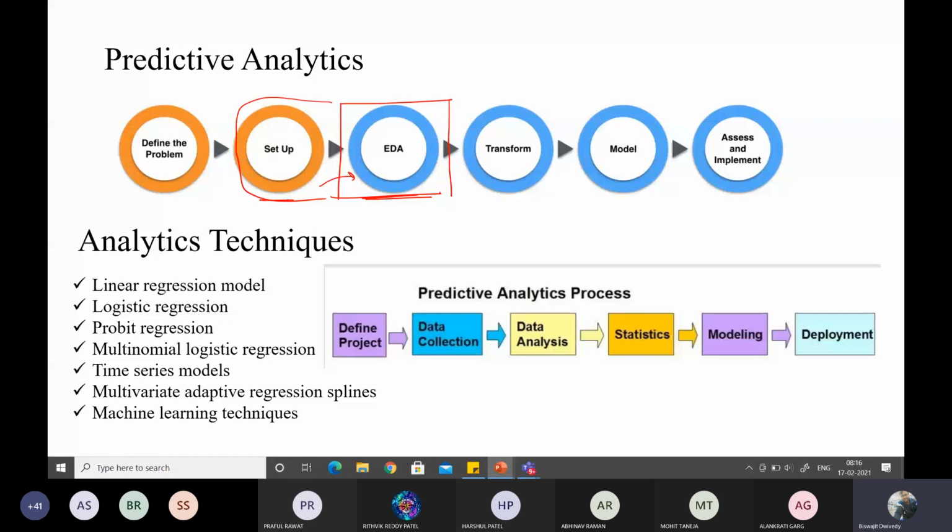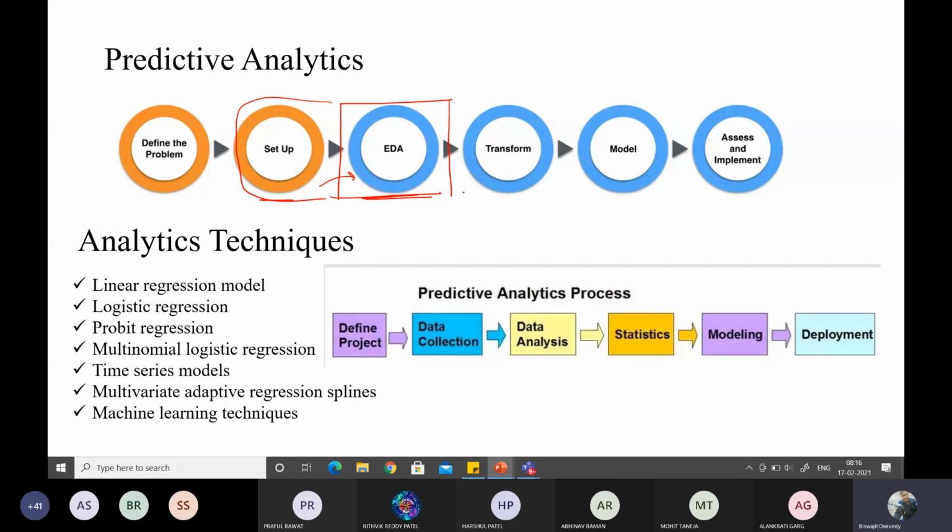After that, we will be cleaning the data set. Then we'll find some of the basic relationships in your data set, and after that we'll remove some of the unknown data which is not going to be used for your analysis or computations. We'll be doing some sampling, and if possible, aggregating those things. Those steps are there in your EDA and in setting up the problem.